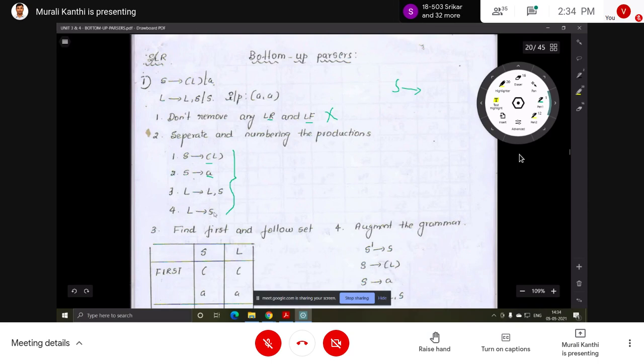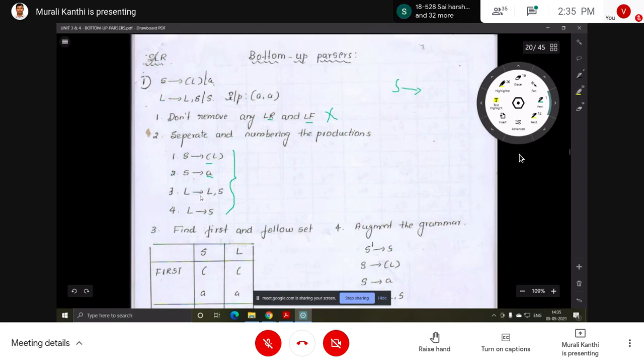Then here S is a non-terminal, so go to the S production. From S, open parenthesis, and from the second S production, A. First of S and first of L both have the same symbols: open parenthesis, A. Okay, first completed.